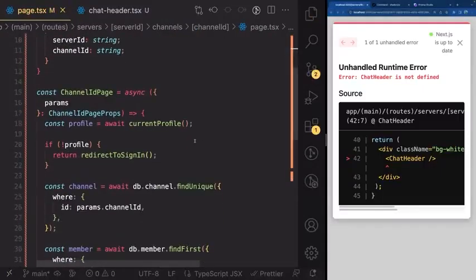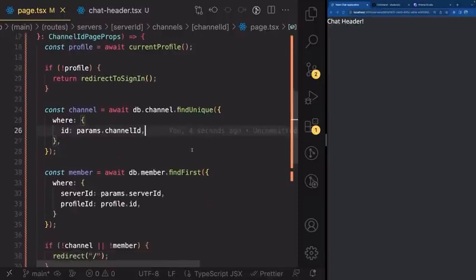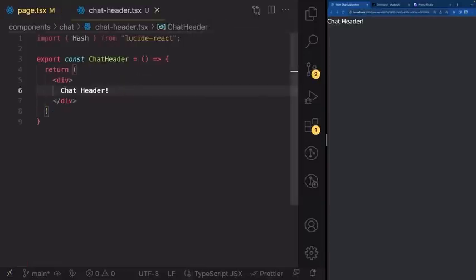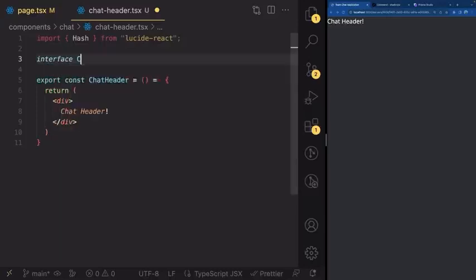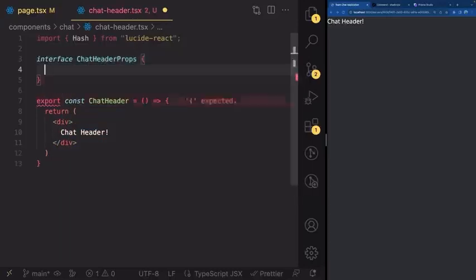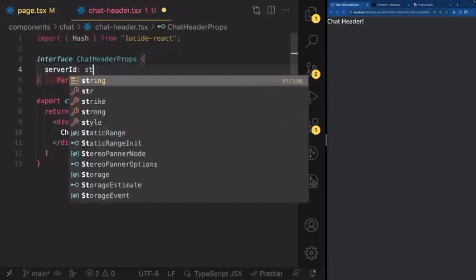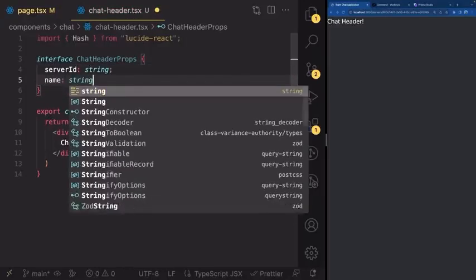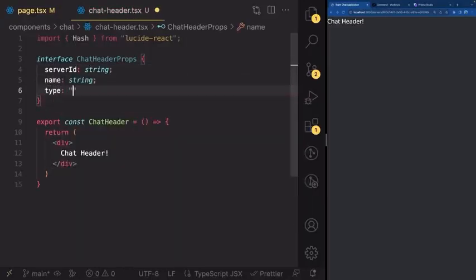Great. And now if you save this file, you should not see an error anymore. Perfect. Now let's go ahead and create an interface for this. So interface ChatHeaderProps are going to have a serverId, which is a string, a name, which is a string, a type, which is going to be either a channel or a conversation,